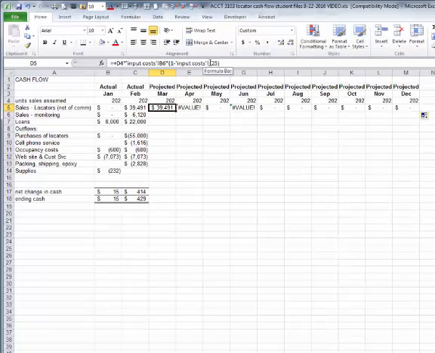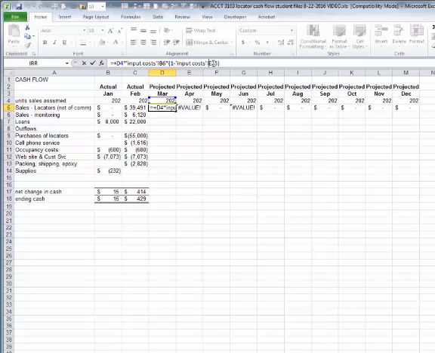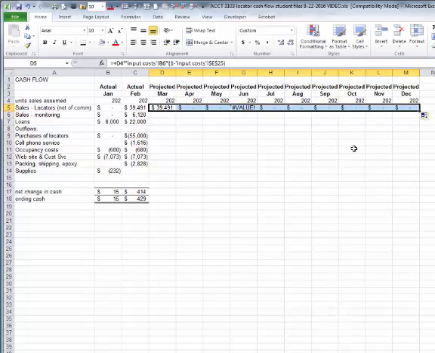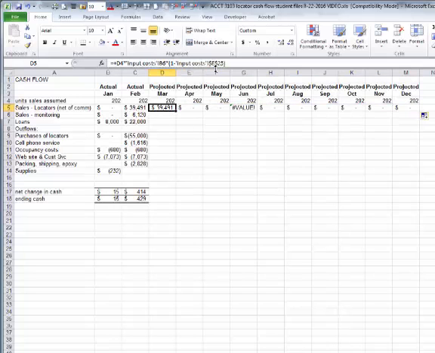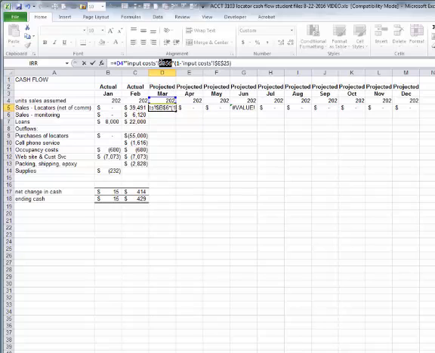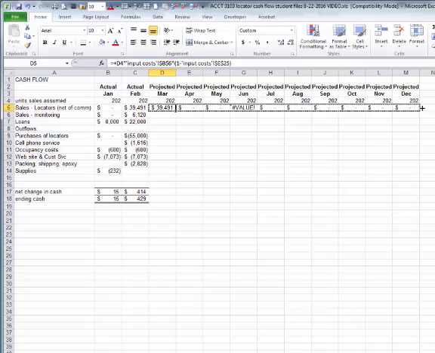And that is because I didn't lock down my relative reference to be an absolute reference, so this E25 floated across the screen, and so I can lock it by putting the $ sign in there, and now I can drag it across. Okay, so I'm going to do that. Oh, I also have to lock down the price. Okay, both the price and the 15% need to be absolute references.